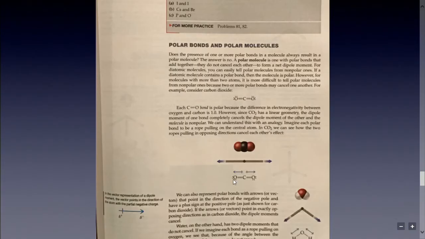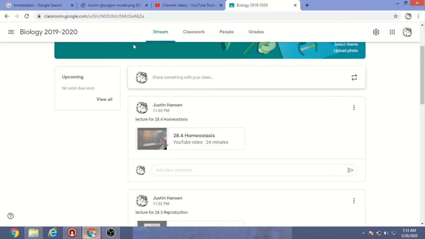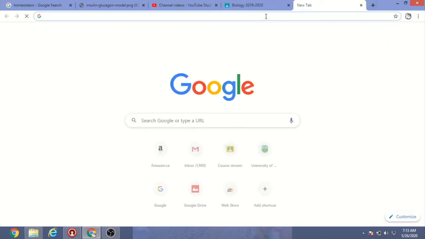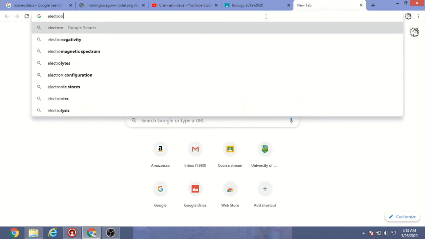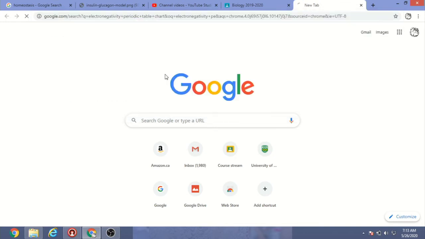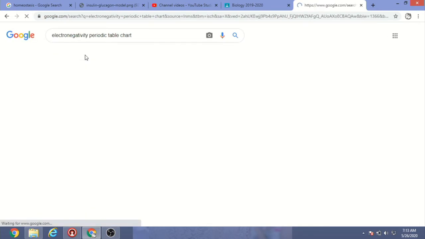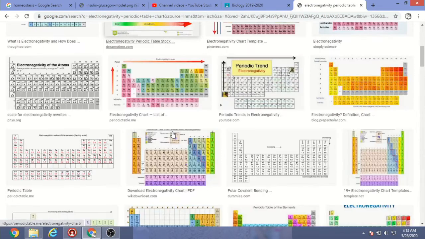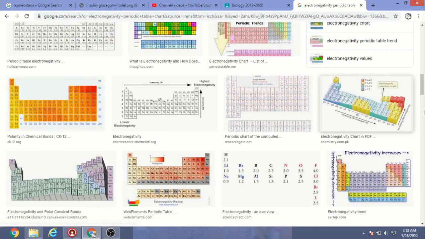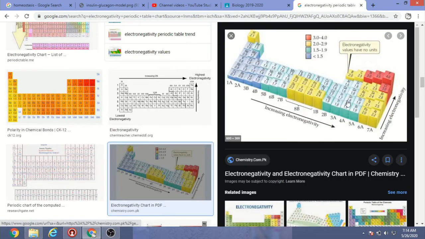Before we look at the polar and nonpolar bonds, I just wanted to show you that there is an electronegativity periodic table, PDF, chart, whatever, that you can just find on Google by clicking on images. You have some selections to choose from here. If you want it in 3D, sure, take one in 3D like this. We've got the same values here, right? Remember, we learned in one chapter a while back, I think it was even chapter 9,